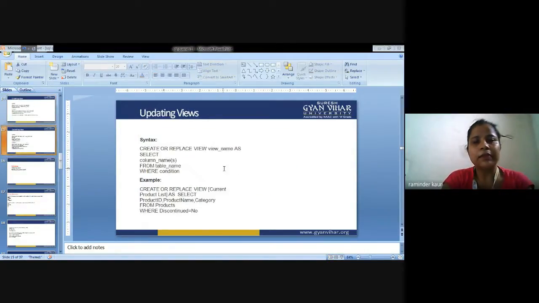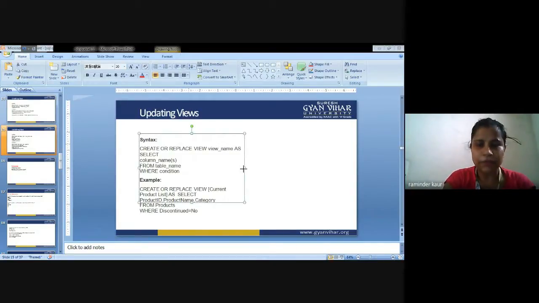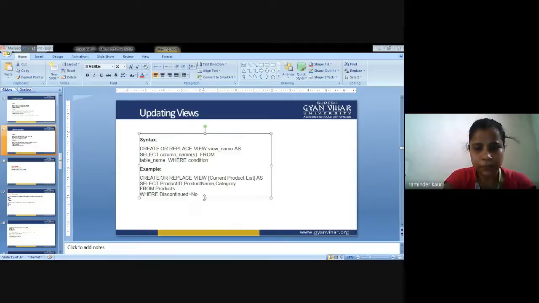Next is updating view. There is the syntax concerned with updating views in the database table, and there is an example given for your reference. The syntax for updating views is: create or replace view, view name as select column name from table name where condition.